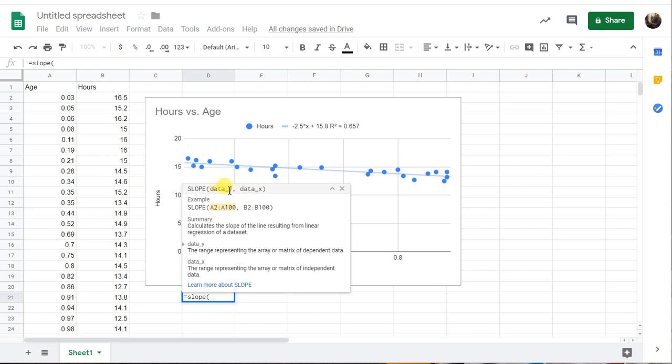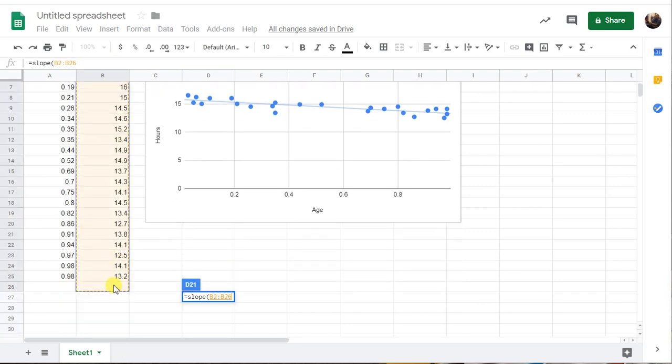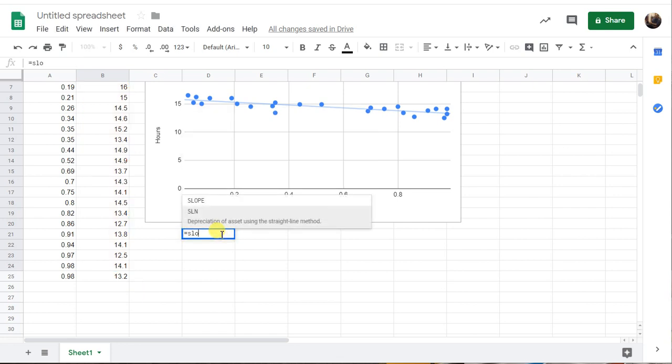So you have to go output, comma, input. My output is this stuff. Whoops, let me escape, I went too far there. So equals slope,